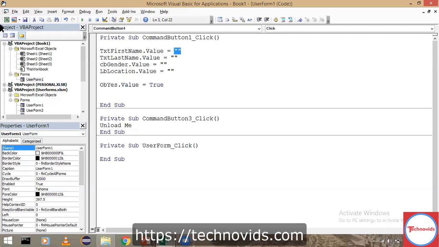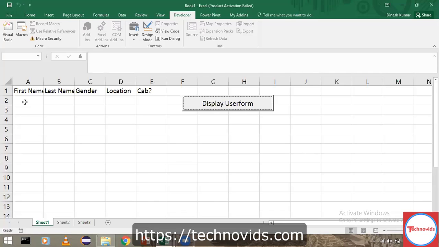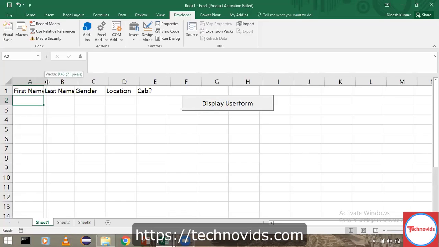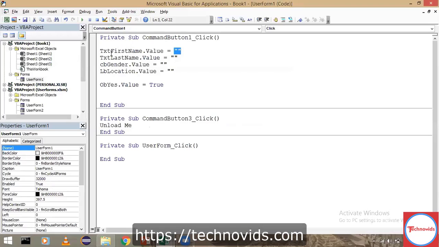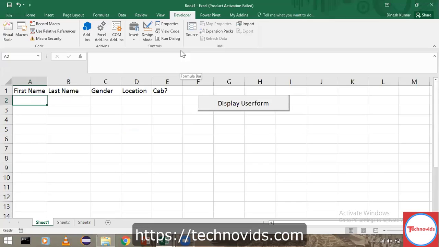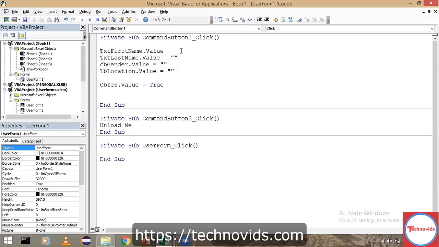But whatever we write here has to go and sit inside these text boxes, correct? All the cells, it has to go and sit. I was just writing for another code. So text box 1, that is first name, should go and sit inside my second row in my data. So it should say cells of 2 comma 1, that is second row first column, dot value is equal to that first name.